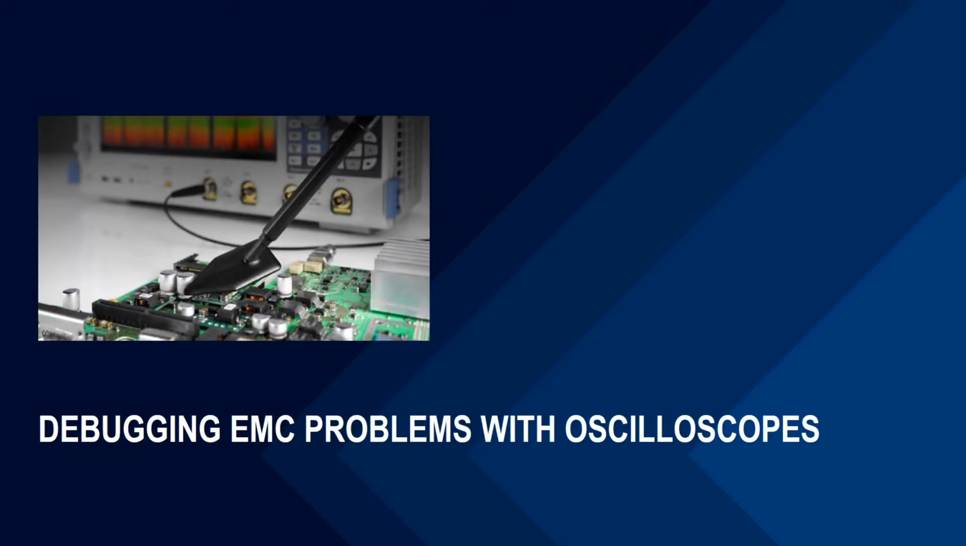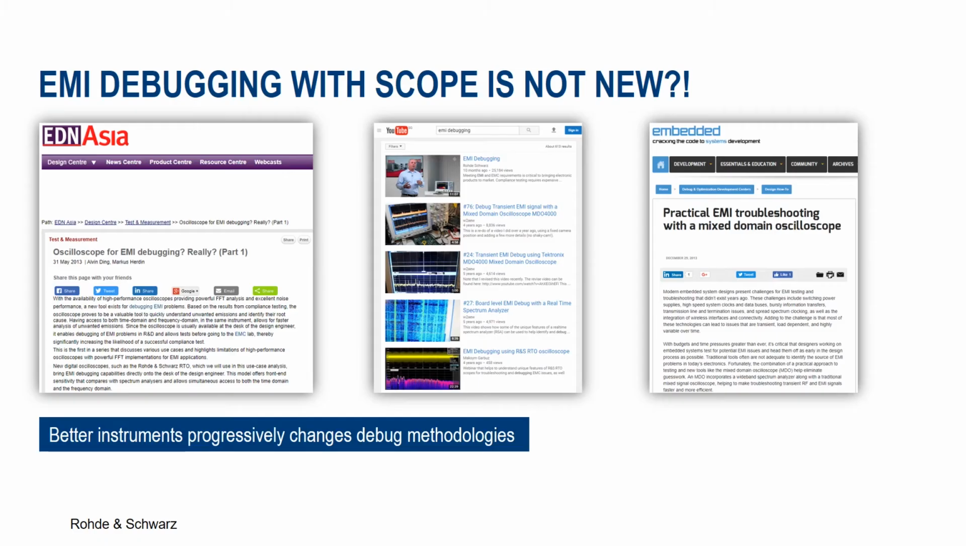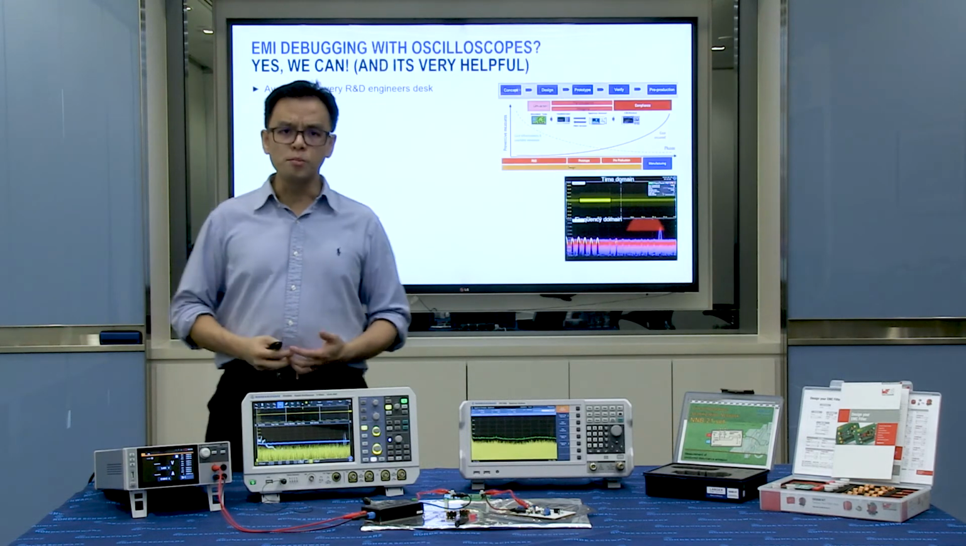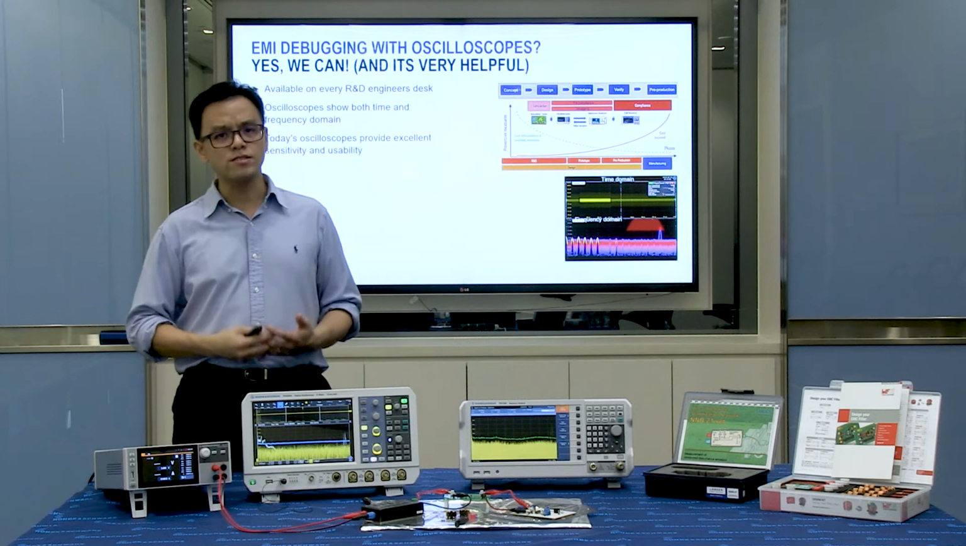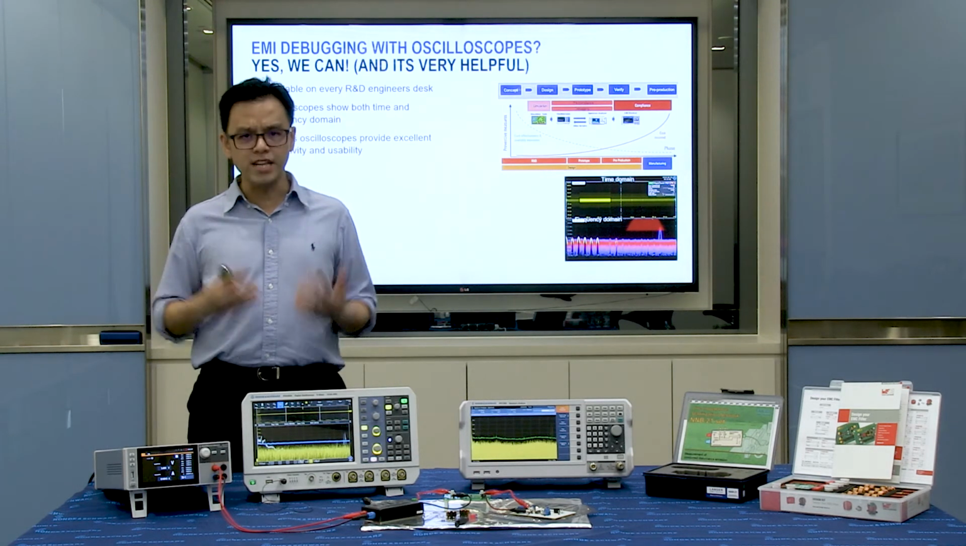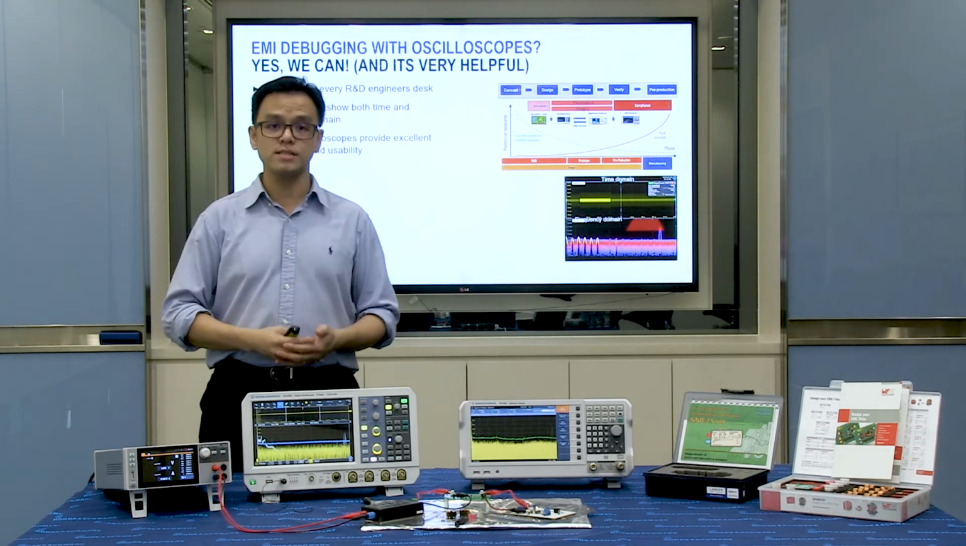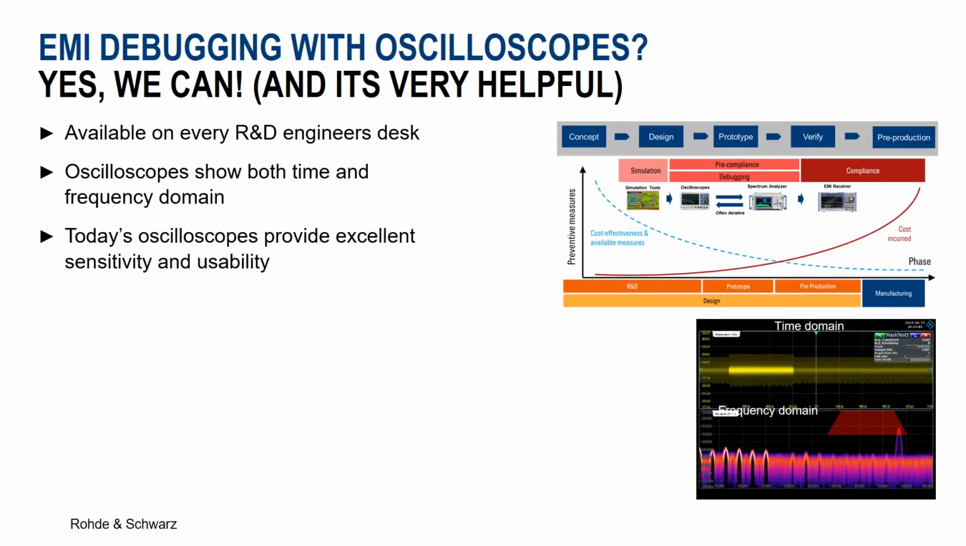Debugging EMC problems with an oscilloscope is not a new topic. There have been many publications focusing on near-field measurement with modern oscilloscopes. Why we like to promote using a scope is mainly because it is a really commonly available piece of equipment on every engineer's desk. Through FFT, a scope provides both time and frequency domain perspectives and allows us to see both at